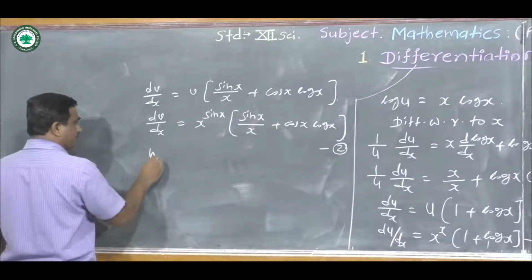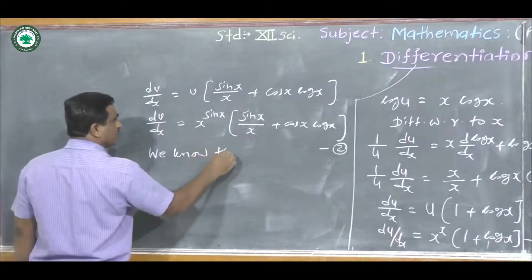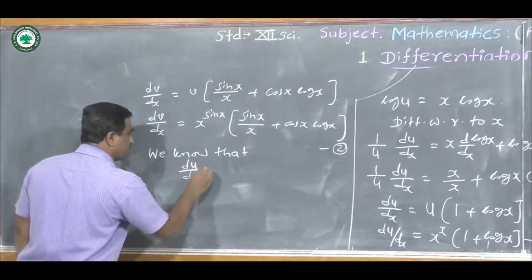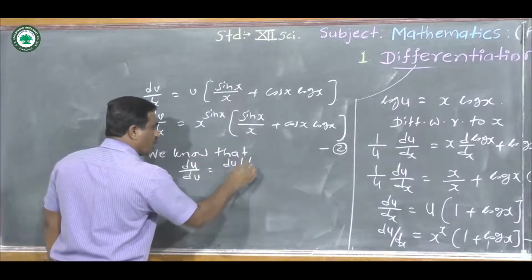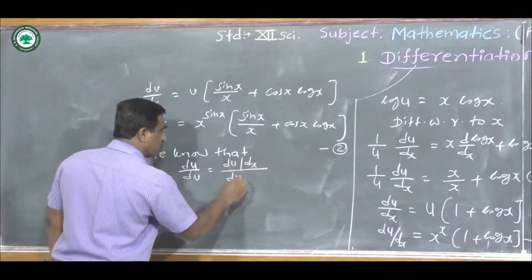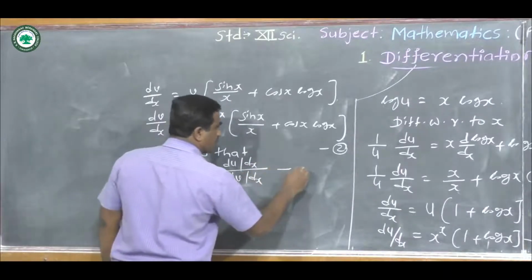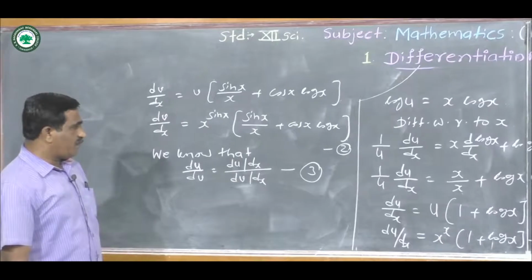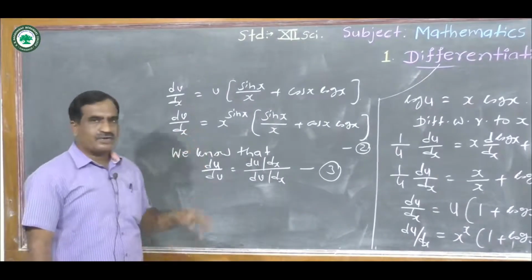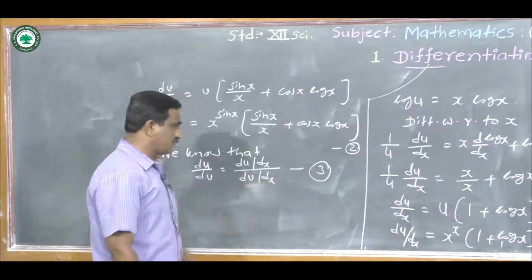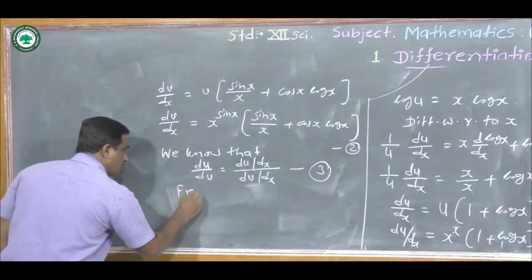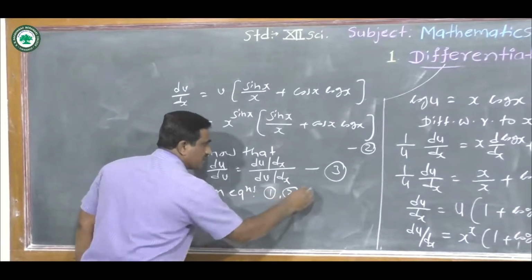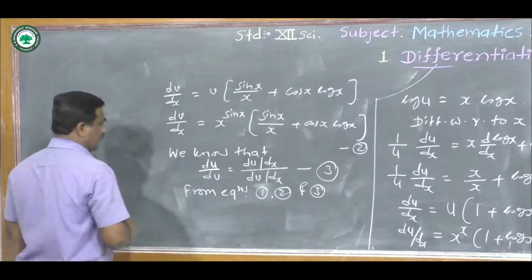Now we know that the parametric rule is du upon dv is equal to du upon dx upon dv upon dx. Say this as equation number third. Okay. Now put the values of du by dx and dv by dx from equation first and second in equation third. Therefore we can write here from equations first, second and third, du by dv